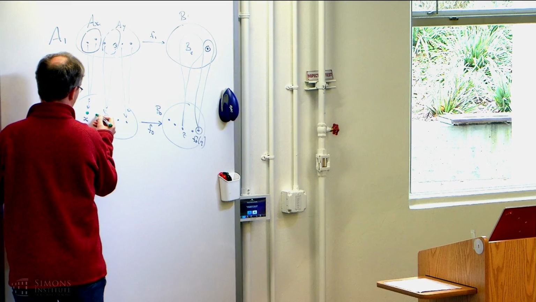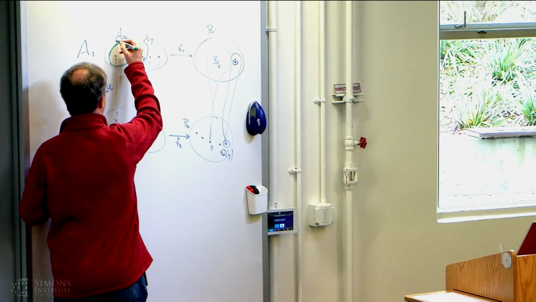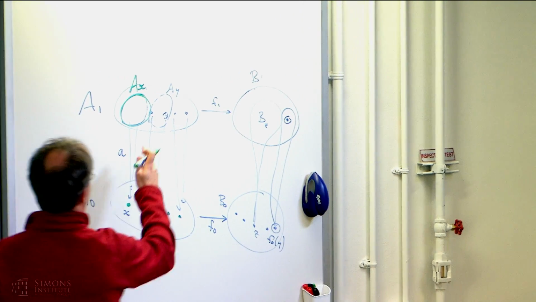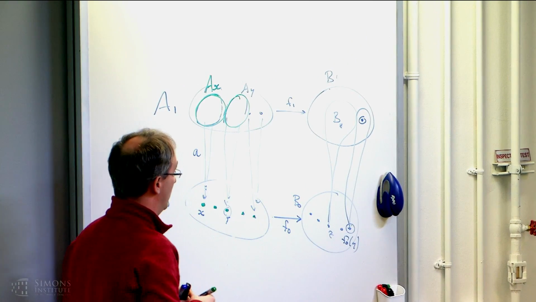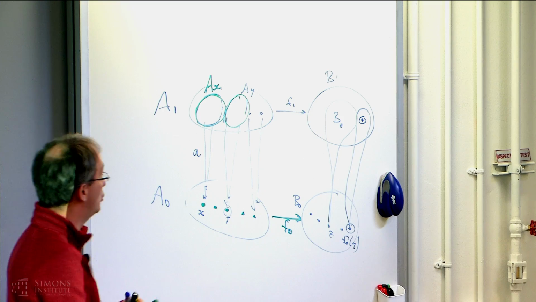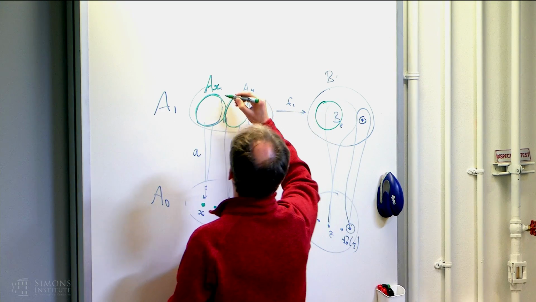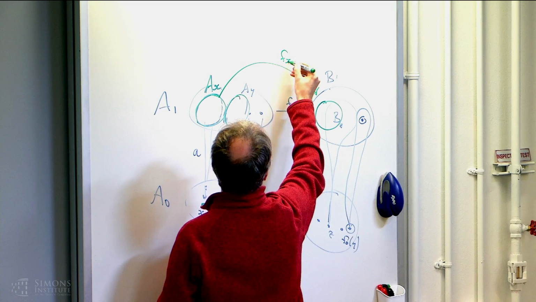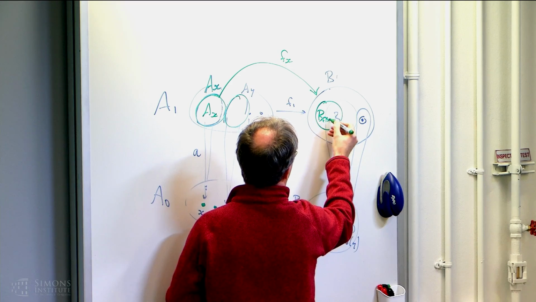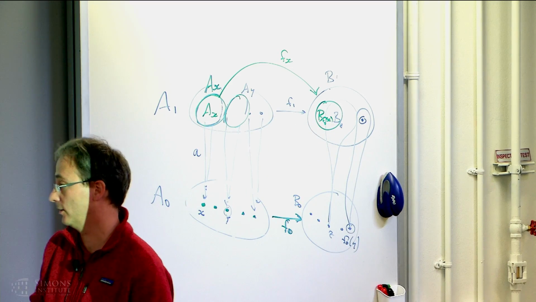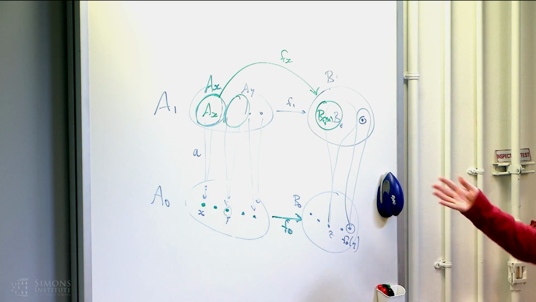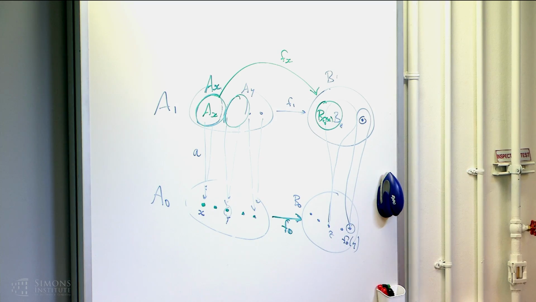The bottom guy is still an honest-to-God set, but here I have this A sub X, which is now an object of the category. It no longer has elements, right? This A sub Y is an object of the category M bar. And a morphism now will be a pair: F0, a morphism between the underlying sets, and then for each little x, a morphism of the category M bar called F sub X, which goes from A sub X to B sub F0 of X. And that's exactly the definition of morphism that's written on the slide. It's the thing it has to be if you want to follow what we did before.